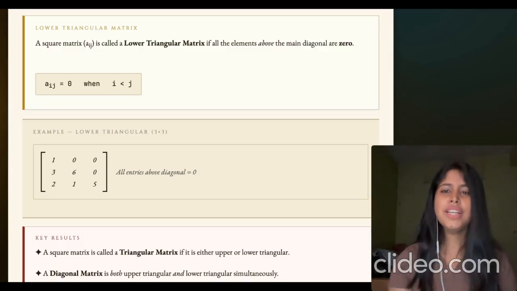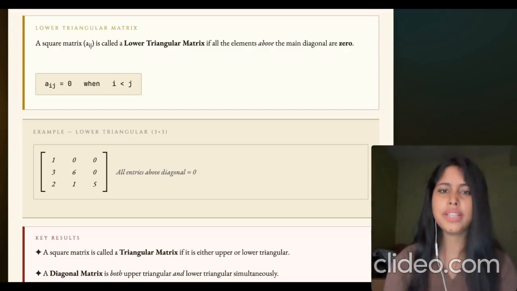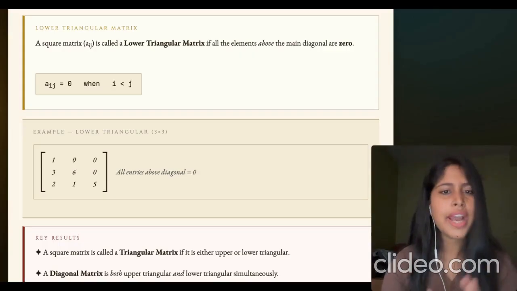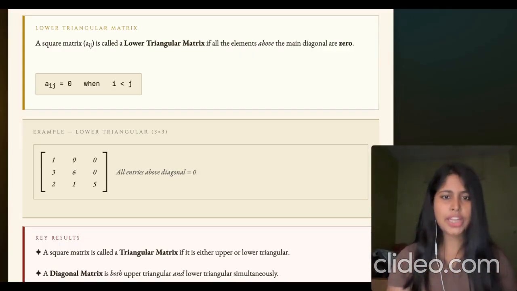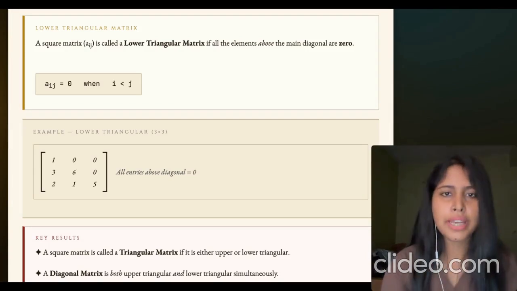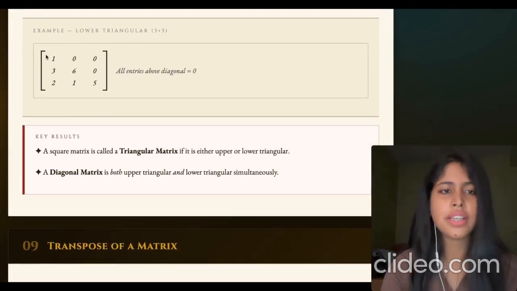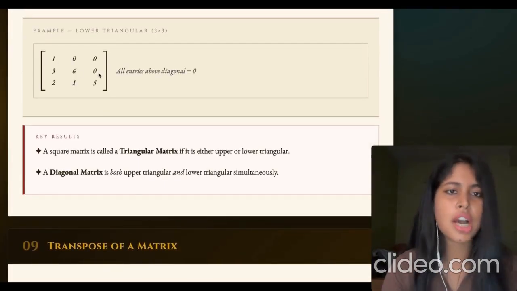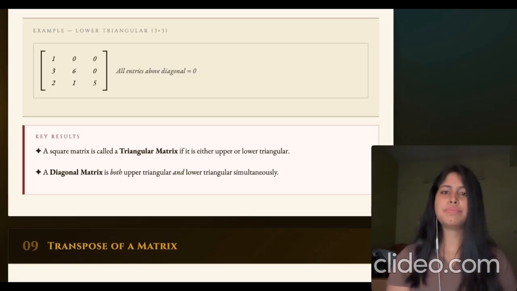This is very easy to understand, right? So even then I'm trying to explain you a little more. See, a square matrix where all the entries above the diagonal are zero, then we will say that it is a lower triangular matrix. And what is the condition for it? The condition is a subscript ij equals 0 when i is less than j. Here you can understand the conditions, and see in this example, all the entries above the diagonal are equal to 0, then we can say that it is the lower triangular matrix.